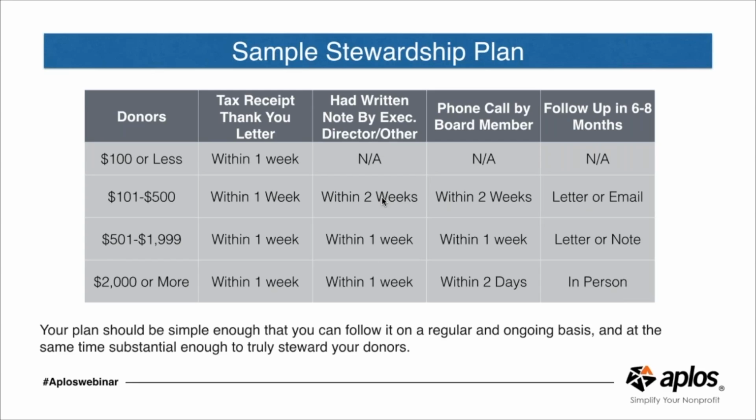So as you can see here, the idea is you take the different gift amounts and you have a process for each one of those. And again, like I said, every nonprofit needs to establish their own levels of what triggers. And then you also have to think about what kind of staffing you have. That's probably the thing I hear the most from a lot of our Aplos customers and people that check in on our webinars: hey, I'm a one-man shop. I can't do all of this by myself. And so, you'll have to highlight the things that are important to you and then build your workload based off of that.